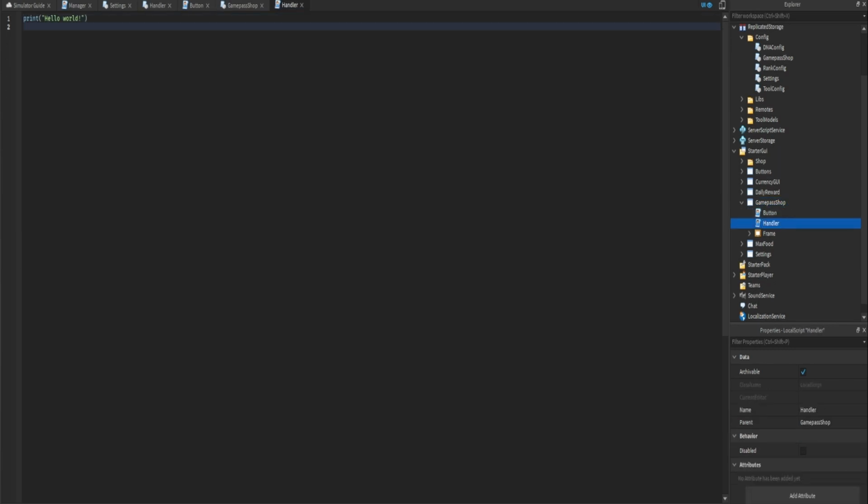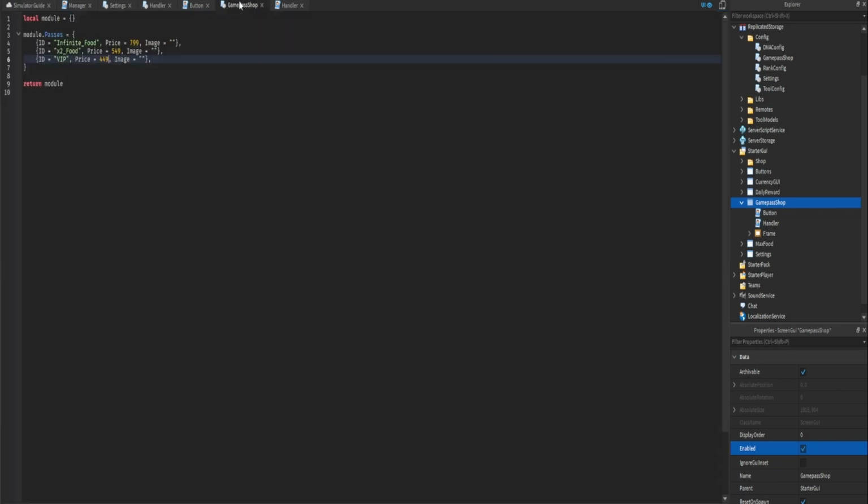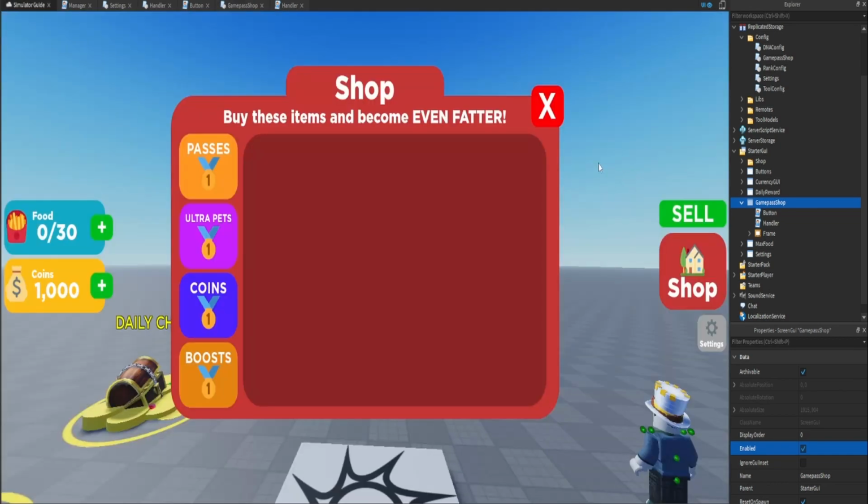Now what we're going to do is we're going to create a generator for this shop. And what I mean by that is we're going to create a function, and we're going to loop through all of the passes in our config file, and we're going to take this information, and we're going to use that information along with the specific templates to populate our GUI. It's the exact same method that we used when creating the settings GUI, so you guys should be already familiar